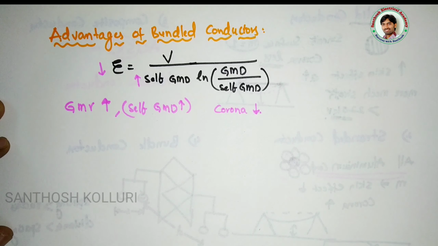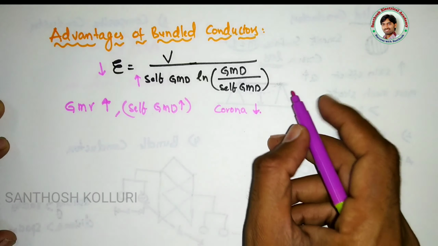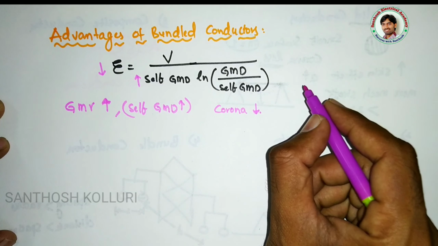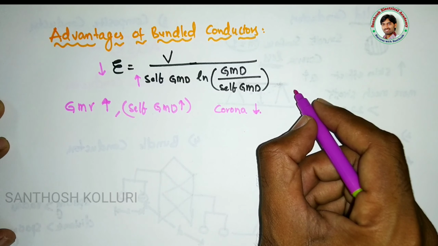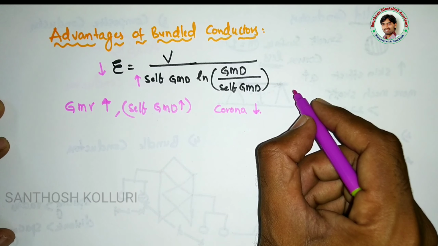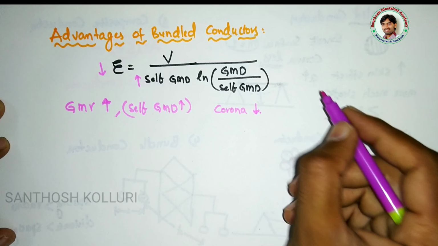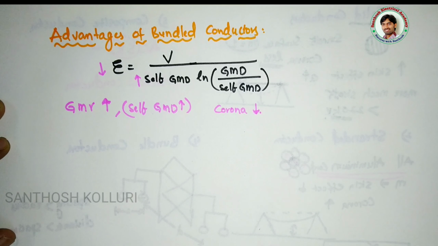Okay, so by using bundle conductors, this is also an important public sector exam question. By using bundle conductors, GMR increases, but not GMD. GMD is not having relation with bundle conductors. GMD will be same, but GMR will be increased. By using unsymmetrical placement of conductors in a bundle conductors, GMR will be same, but the GMD will be increased. Unsymmetrical spacing of conductors, GMD will be increased, GMR will be same. So this is an important question in the competitive examinations.